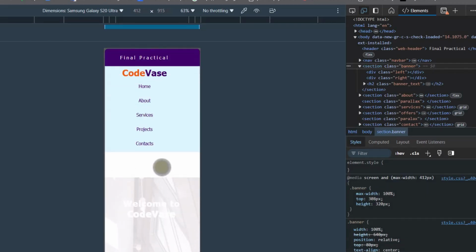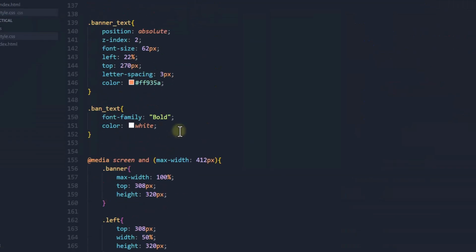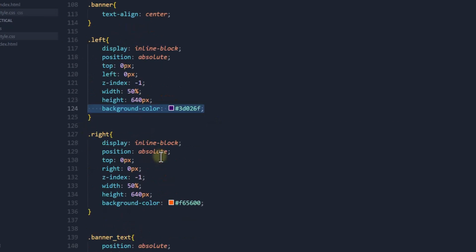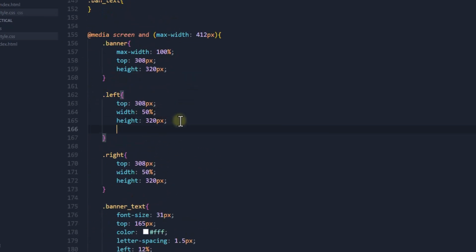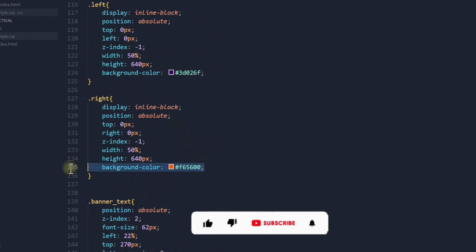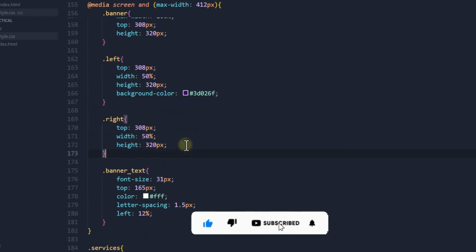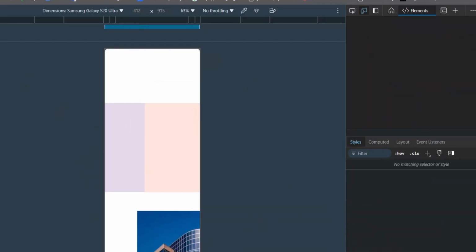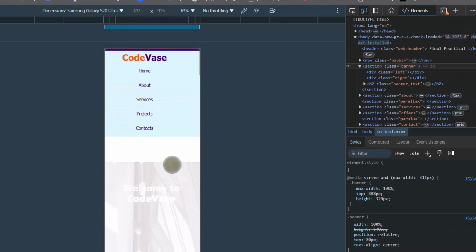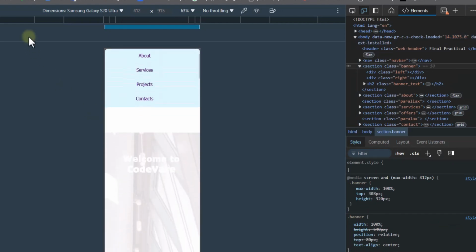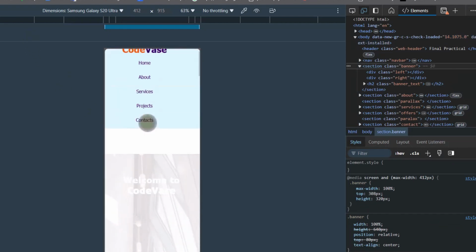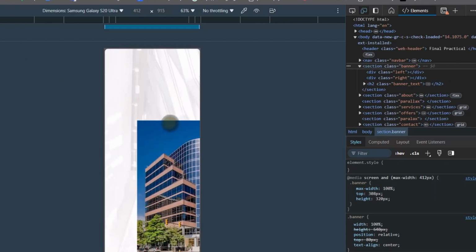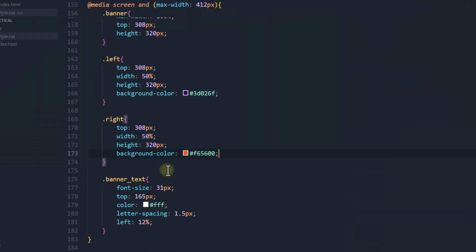Okay, now what is left is to make our banner show again. So let's just take this guy's colors. Come here, copy you for the left, copy you for the right. I guess the color is not the issue. Oh wait, there you are. Where did I just see those guys right now? Okay,